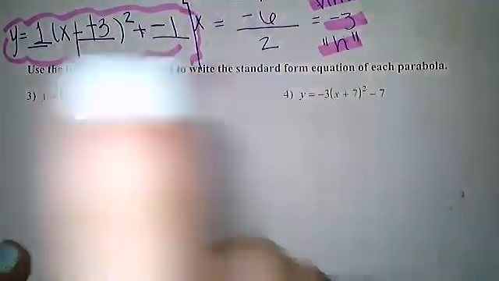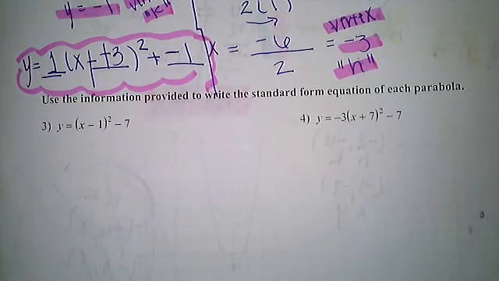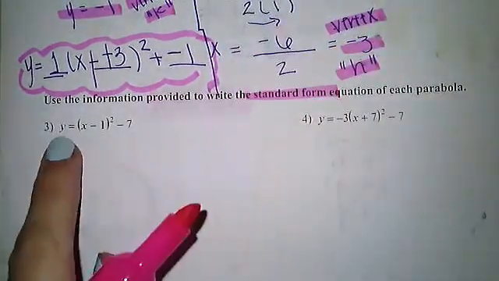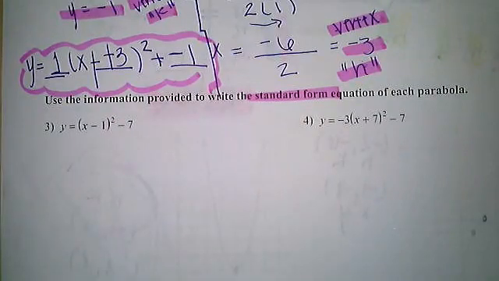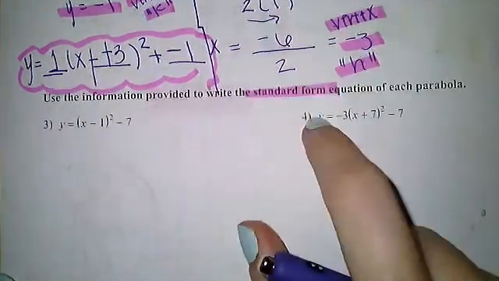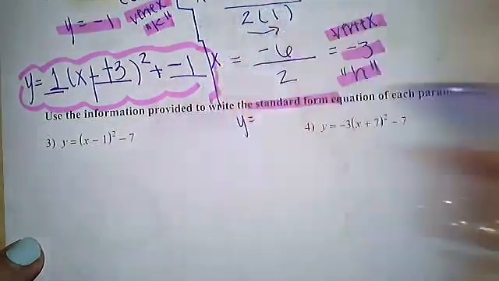All right, so what is this question asking for? Standard form or vertex form? Standard form. What form is it in right here? What does it kind of look like? It looks like vertex. Very good, Mac. So this is vertex form and we want to go to standard form. Standard form is the one that is,